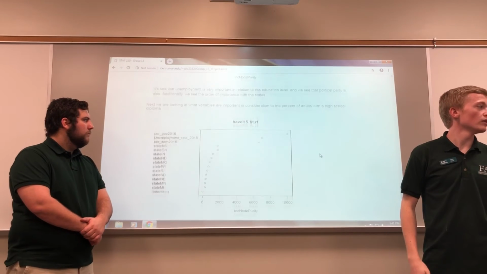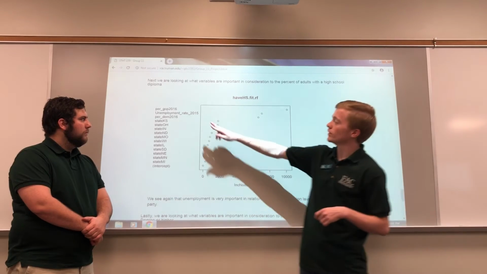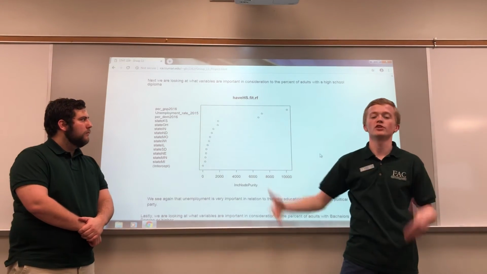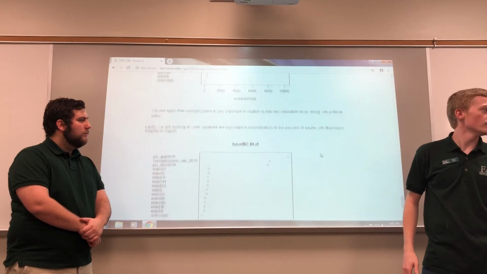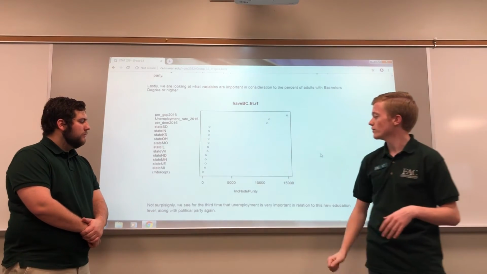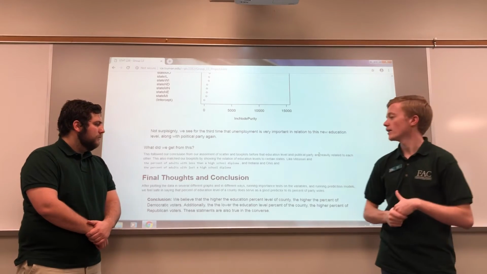And then we'll move into high school degree. We see our top three again. These even flip-flop with unemployment now second in importance, but each time you run this, you might get a different outcome. And then we have our states listed, and you see just about the same thing. For bachelor's degree, our top three are the same, and we move into our states. And so I'll hand it off to Cooper for some kind of a final conclusion.